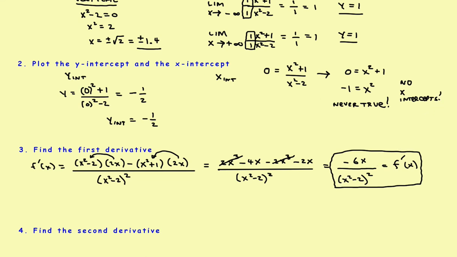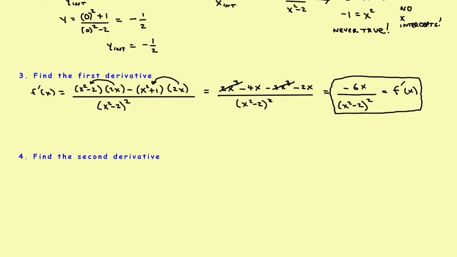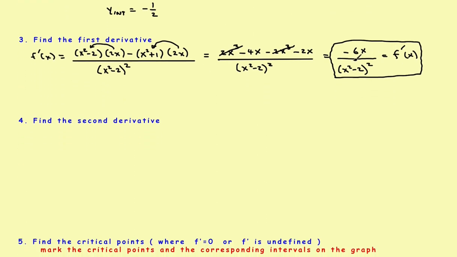Okay, now we'll need the second derivative. Well, what the second derivative is, it's just going to be the derivative of the first derivative, so let's go ahead and find that. So I want to find this time f double prime of x. And again, it's just the derivative of this thing, but this is also the quotient rule. So again, we'll write the whole thing out. It'll look like this. It's going to be the denominator. So the denominator would be (x squared minus 2) squared times the derivative of the numerator, which would be negative 6,